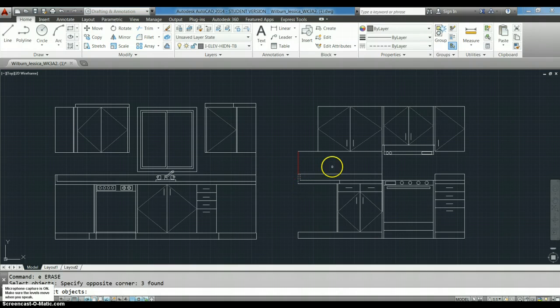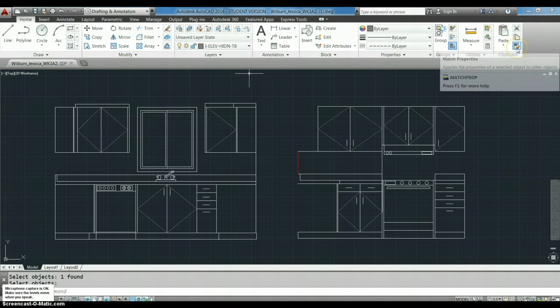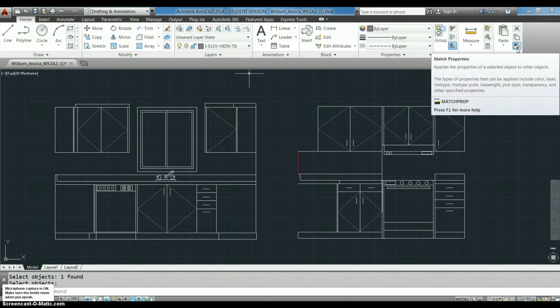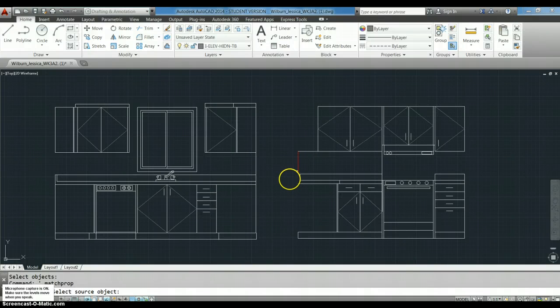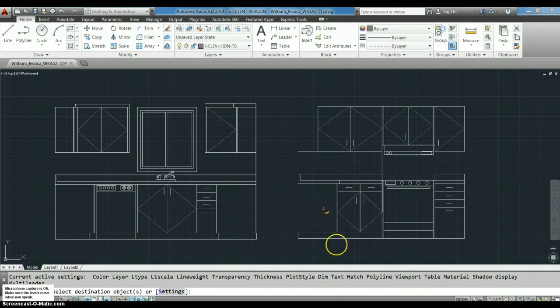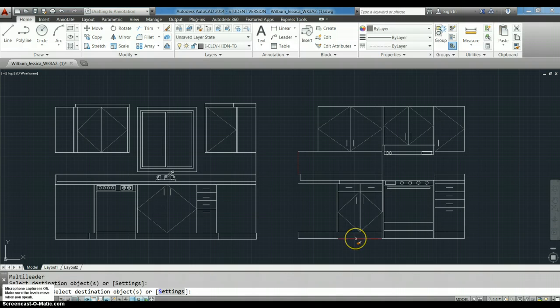I'm just erasing a few lines here and removing this piece that I don't want to erase. Great. And then I can do match properties. This guy right here, match properties on the clipboard pull down, is the most handy thing ever. So we can just clean up and get things on the right layer. Once you have one, you can do many very quickly